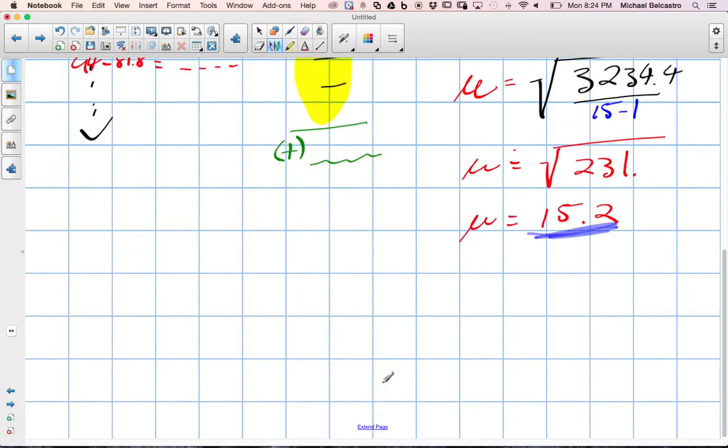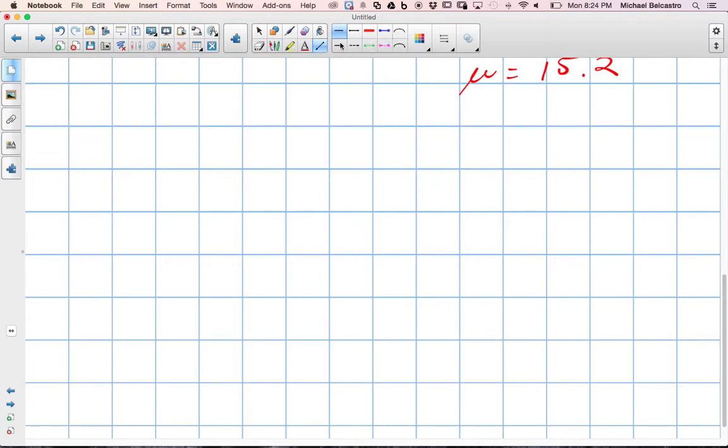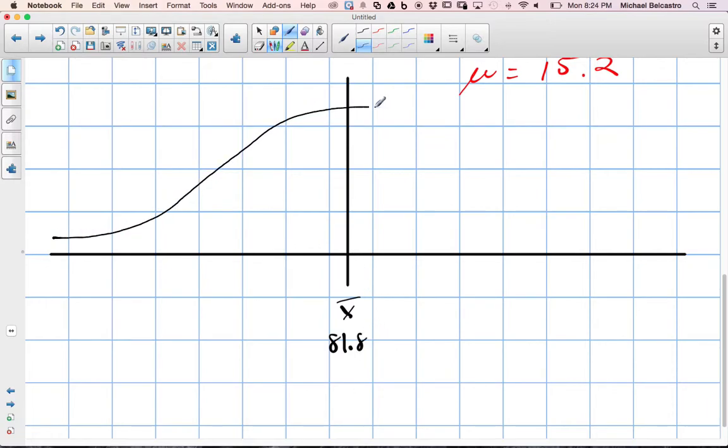So we're going to build a normal distribution curve, on the assumption that this is normally distributed. So we have a line down the middle, and that stands for your mean, or a lot of times they call it the x bar. And in our case, it was 81.8, right? And for a normal distribution curve, I'm going to do my best to be symmetrical as possible. That wasn't great, but